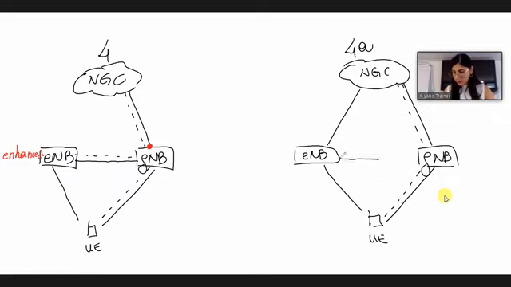And again, we have the communication between eNode B and gNode B. And here, the data split point is the core network. So these are our non-standalone options.